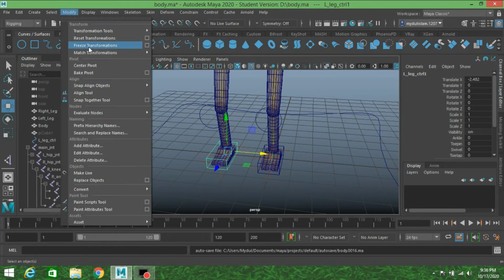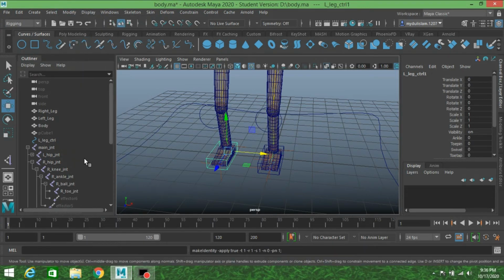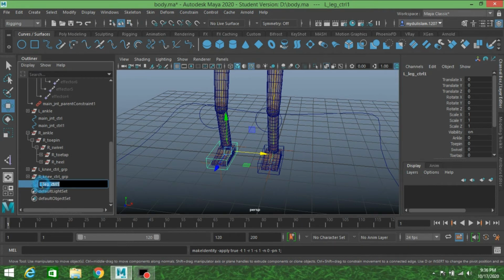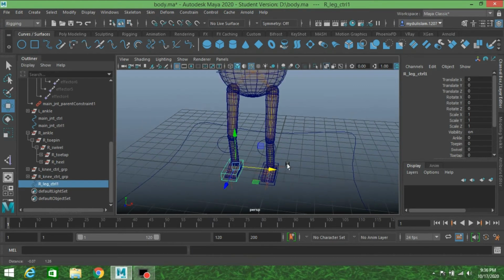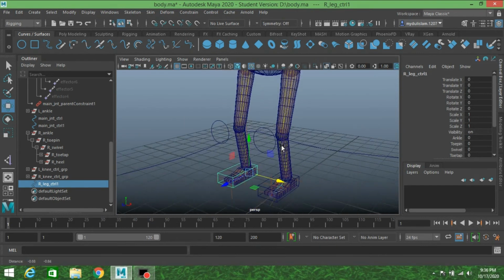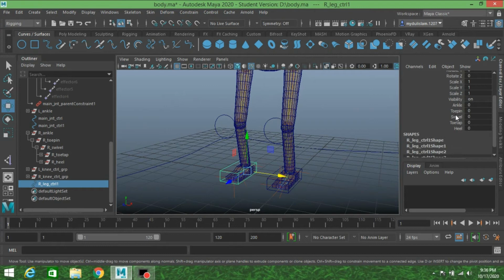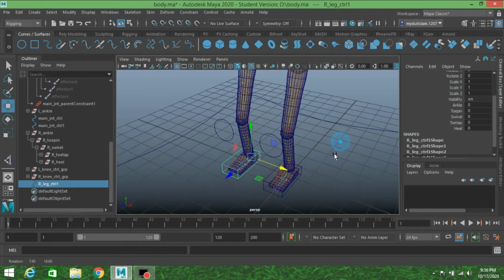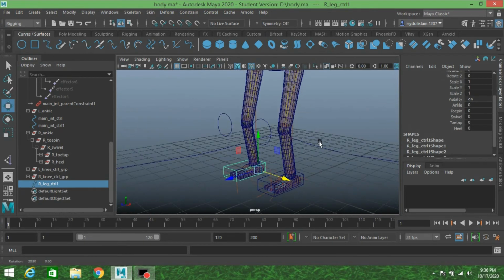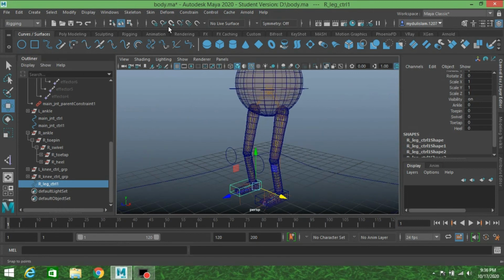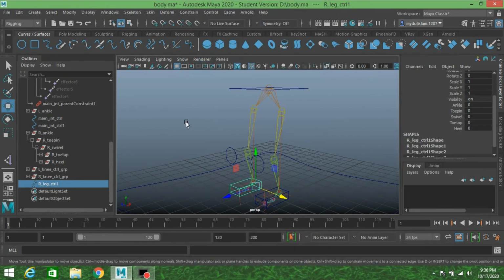Go to Modify, freeze transformation and rename it as right leg controller. See, all the attributes are added for this controller also. Now hide your model.